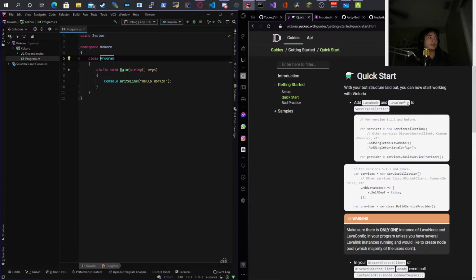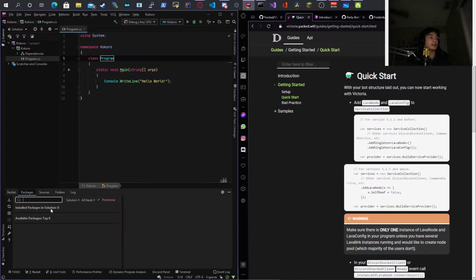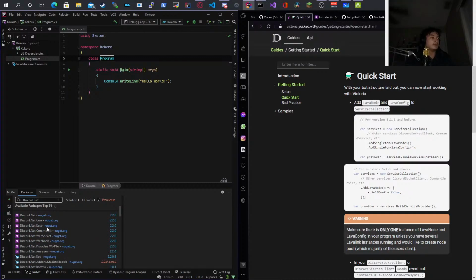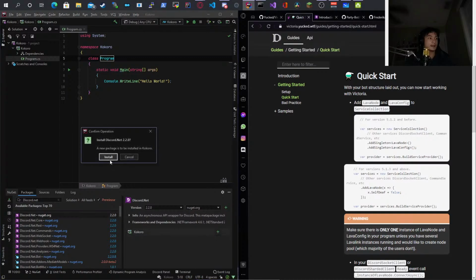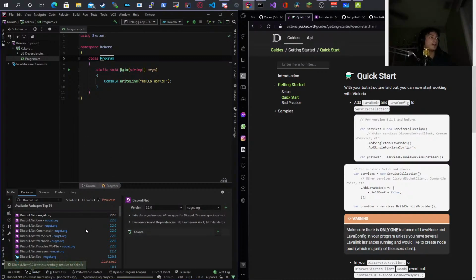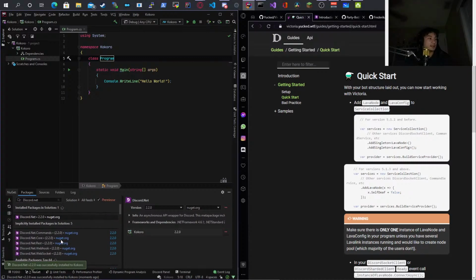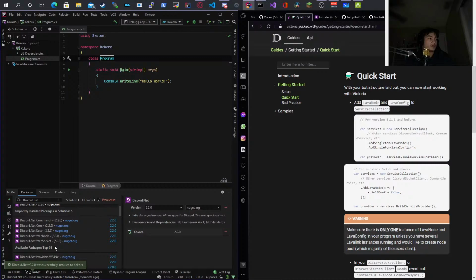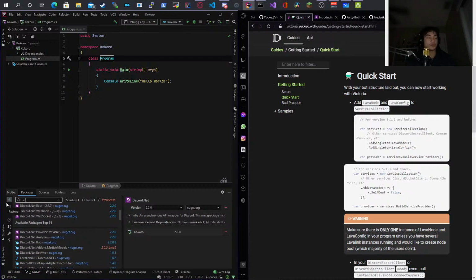I am going to be using Discord.net, which is lovely. I really do love Discord.net, and I'm using Rider. It's my IDE, and I'm just going to start now. Okay, Discord.net. And I'm just going to have it be called Kokoro for right now. I don't know why. There's two names I use for my bots, it's Panda 2.0 or Kokoro. I don't know why I do that. Do I need anything else? This doesn't look like I need that. Okay, so then I need Victoria.